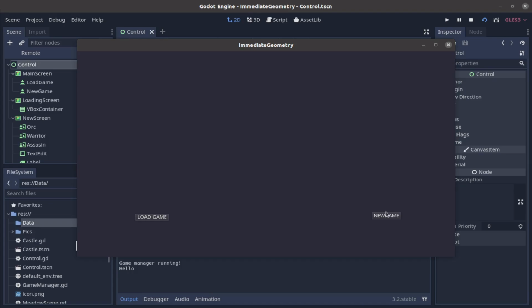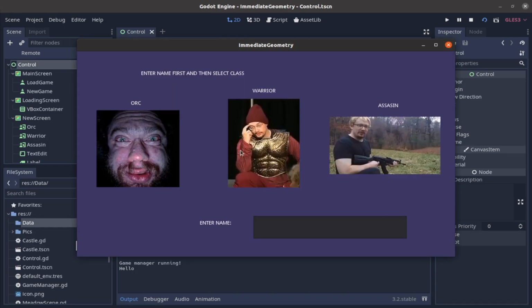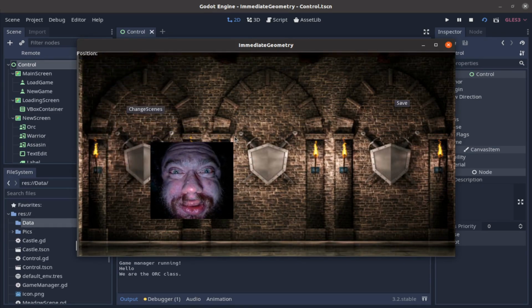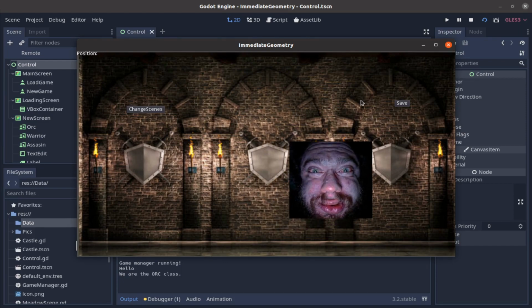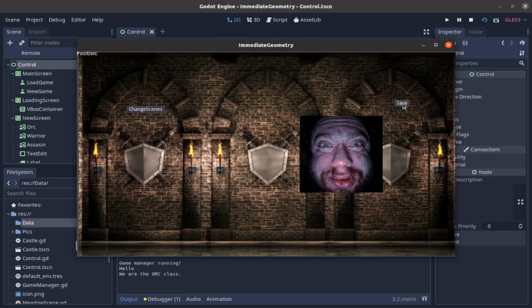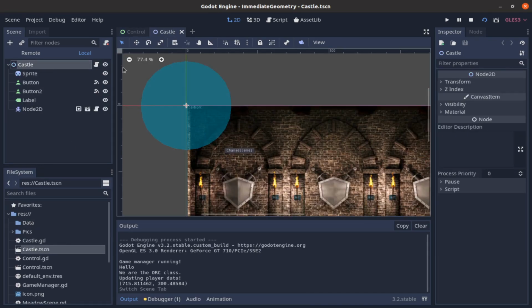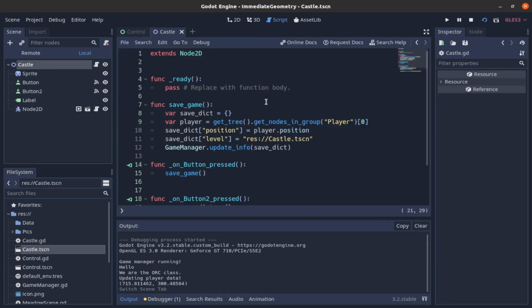Alright, so in terms of where we are in the progression of the game, this is where we are. We are right at the castle scene, and we are moving around. So now our options are to change scenes, or we can hit save. So we'll check out save first. We printed out some data down here. So we will just go to the castle scene, and then